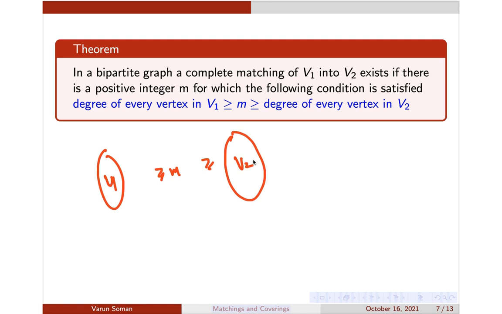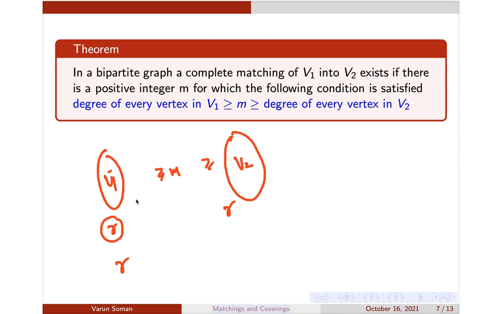Suppose we are taking an R subset of this. For that I will be using the previous result. I will take an R element subset of this V1, and I will show that this R element subset is collectively adjacent to at least R vertices in V2. So using the earlier condition we could easily prove it. I will just take a subset of R vertices in V1 here. Now, this is a bipartite graph, so each vertex would be adjacent to a vertex in V2 only and not a vertex of V1. So everywhere edges are coming from V1 into V2 only.